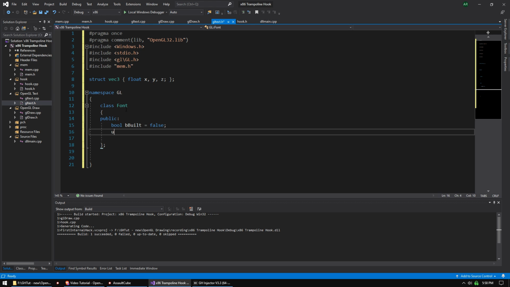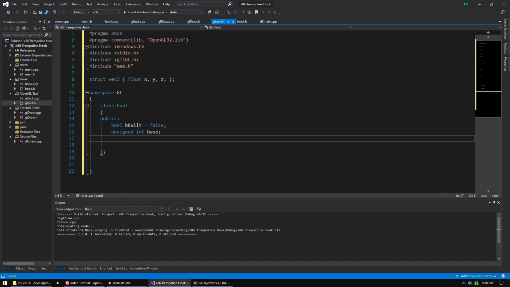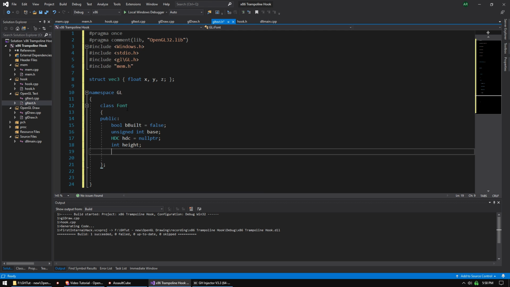bBuilt equals false. Unsigned int base. HDC equals nullptr. You can tell the different coding style here. I wrote this at a different time than I wrote the rest of the code here. So int width,